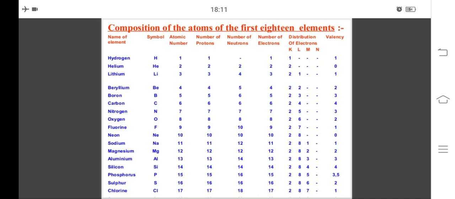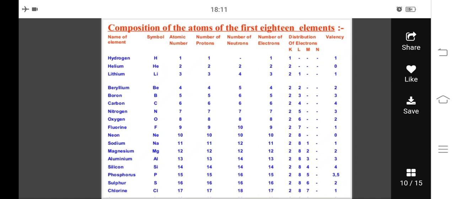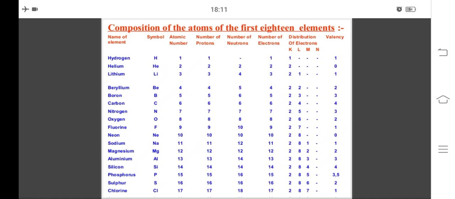So here it wants to take one electron, so again its valency will be 1, because valency is the number of electrons it wants to gain or lose. Then what is the number of valence electrons? That is the valence shell electrons, that is, how many electrons it has in the valence shell. Next, let us talk about sulfur.